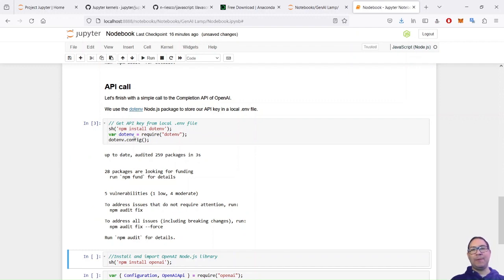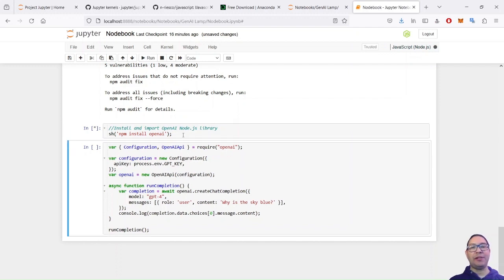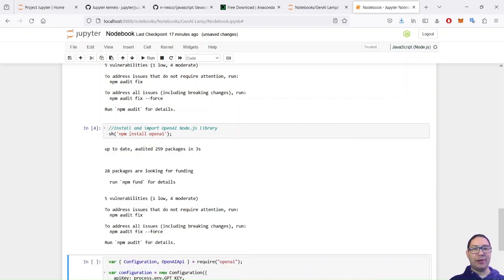Okay, so I loaded my API key, and now I can start using the OpenAI APIs. To do that, I decided to also install the official OpenAI library for Node.js. So again I call my sh function and install the npm package. It's already installed, good.